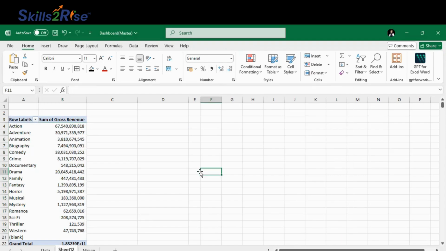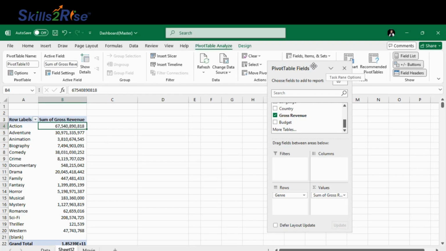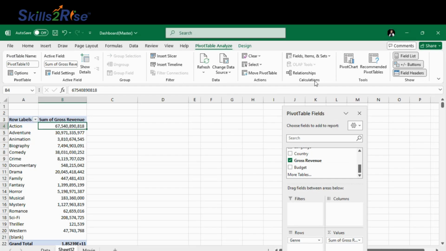Suppose we want to find out the profit. We don't have a profit column in our main data, so we need to create it. Go to the Analyze tab, and in the calculations, you have this section, Fields, Items and Sets. From this, click Calculated Field, and in the name part, specify the name of the field that you want to insert. In this case, we have profit,